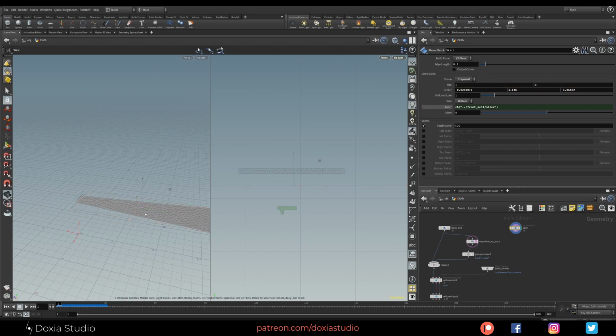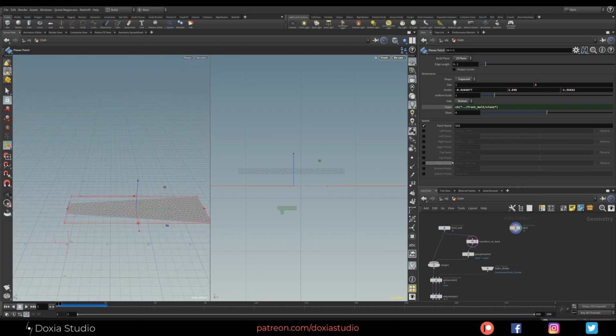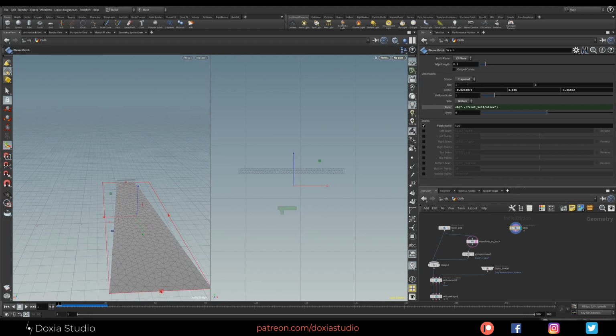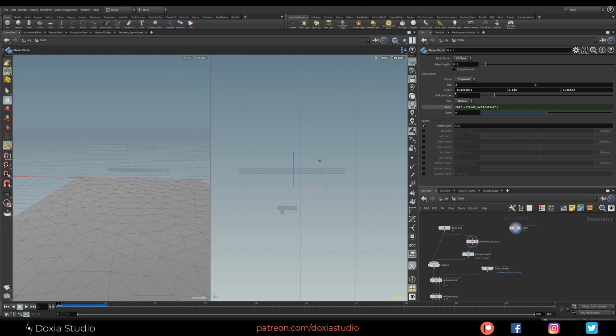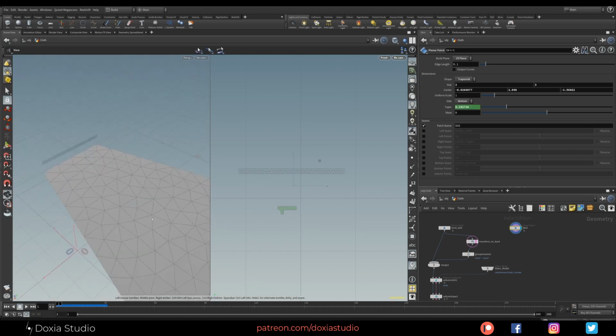I like to make a really long skirt, like it was a wedding thing. Okay, I want it to be a little bit higher, wider on the width. If we change here to 2 or 3, you can see now that our taper is not the same size as the belt because we increased the width to 2. This is easy to fix. On this VEX expression, let's divide by 2. Because we are doubling the size on one, so let's use the half for the taper. Okay, so we have a really nice skirt.